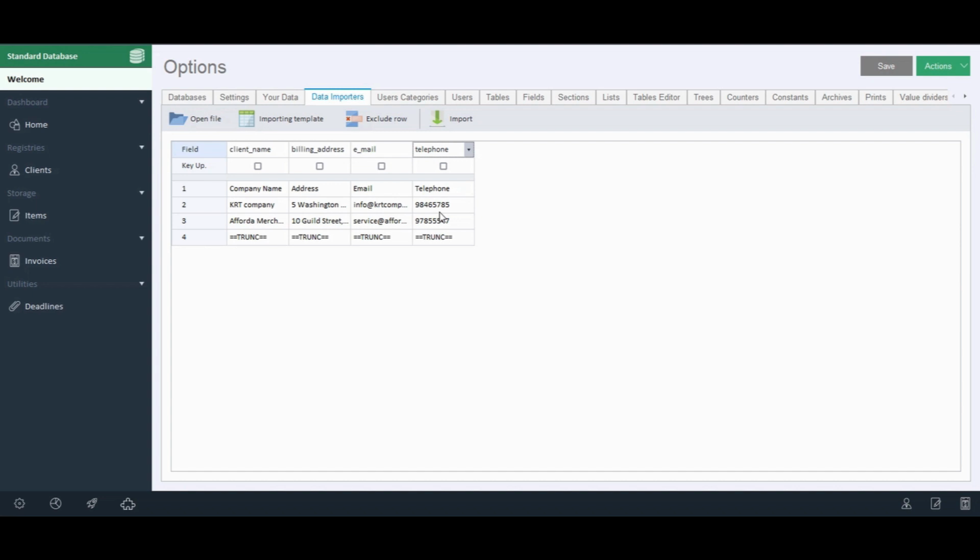If I have already entered some clients and therefore one of these may already be present, I need to check Key App on the reference column, for example, client name. This will allow the software to check if there are some values with the same data and to update them